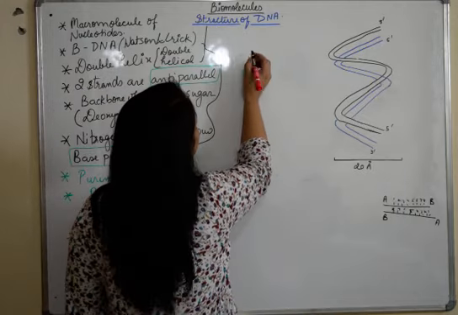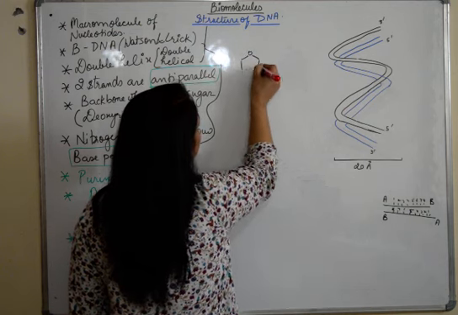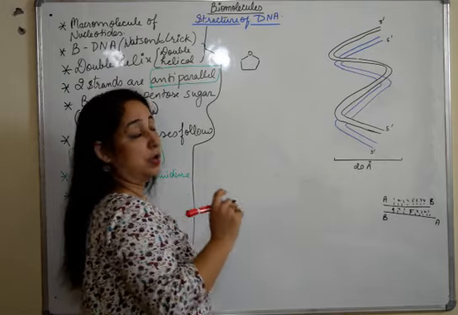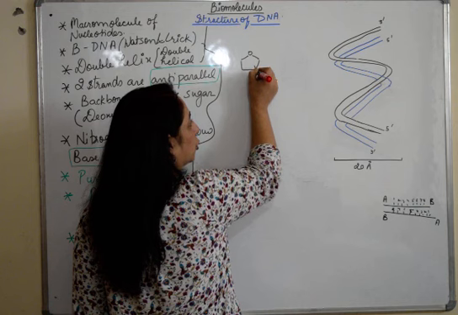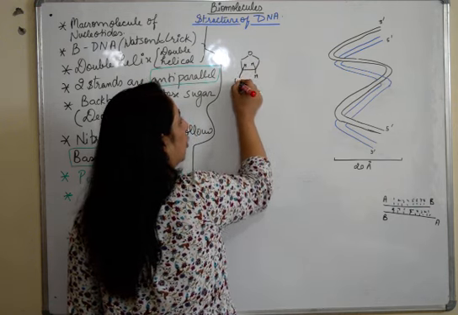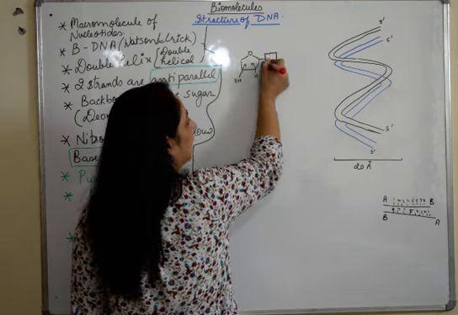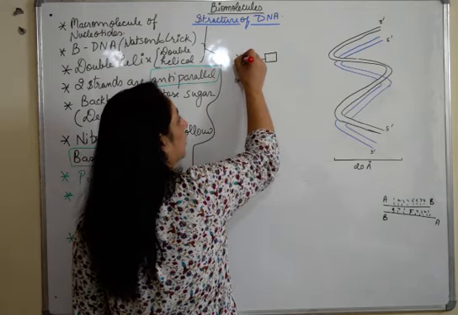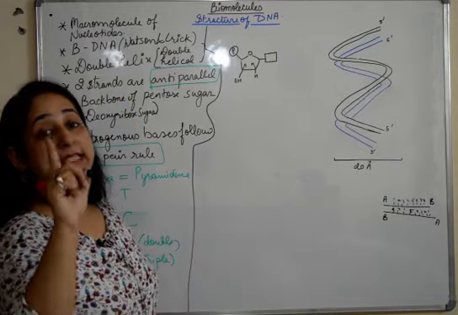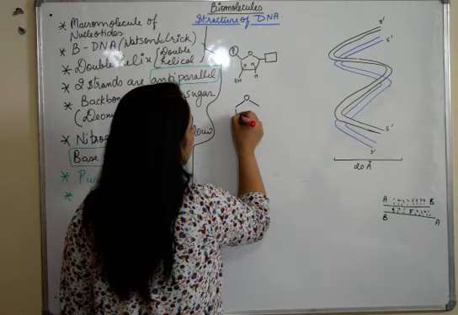We will start with the first strand, and as told already, there is a backbone of deoxyribose sugar. So when I say deoxyribose sugar, it has an H and an H here, an H and an OH here. At the first carbon, there is a nitrogenous base present. This is the fourth carbon, and at the fifth carbon there is a phosphate group present. This is one nucleotide. We will make 3 to 4 nucleotides for a better explanation.